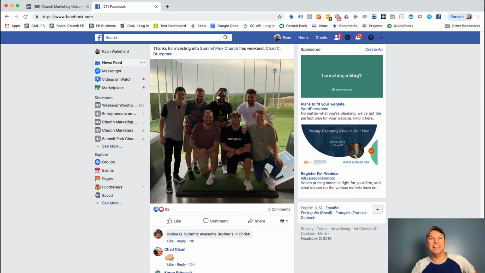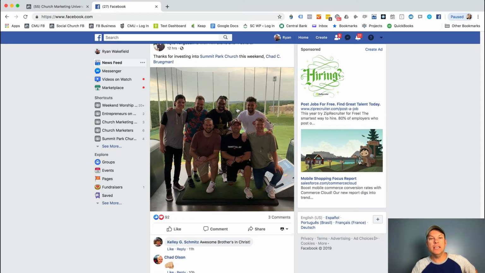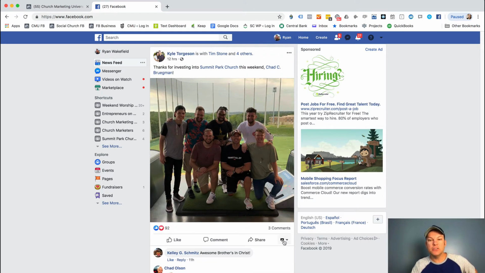So if you're scrolling, you can see here, this is my personal feed. So this could get a little bit dangerous. But you see here, anytime you see this little down arrow, pay attention to that, because it's going to give you some options if you want to interact with that content as a page or as a person, or which page you want to use to interact with that content. Now, here is a personal post that is giving me the option.